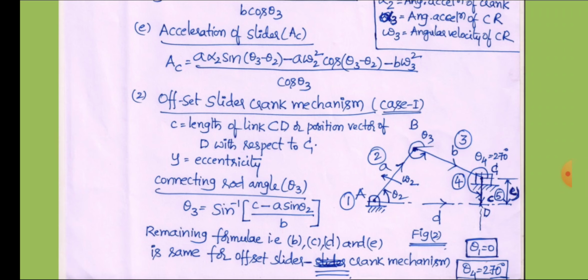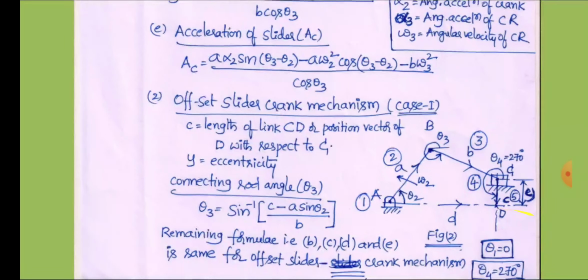So if link 1, that is point A of the mechanism, and link 4, that is the slider, are separated by a distance called eccentricity, or they are away from each other vertically, then it is called an offset slider crank mechanism. Now you can see in figure 2,